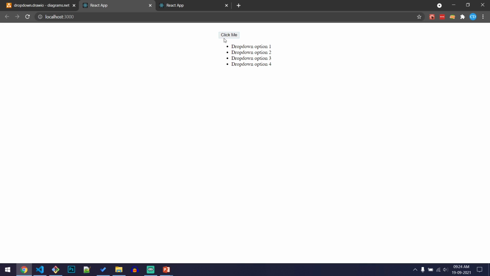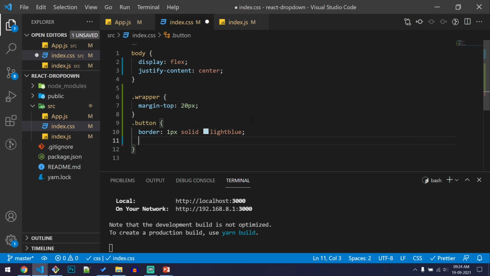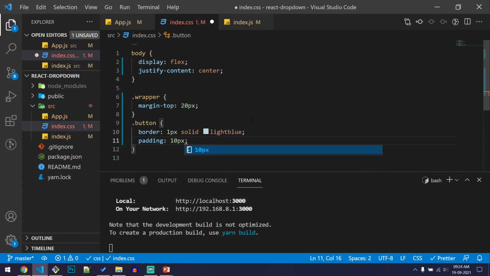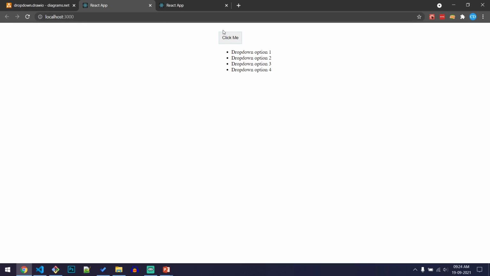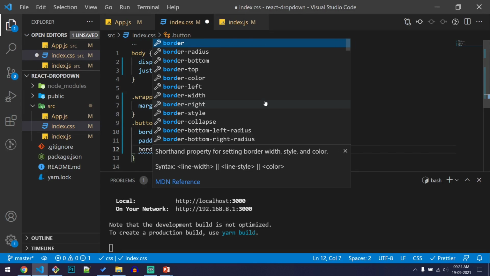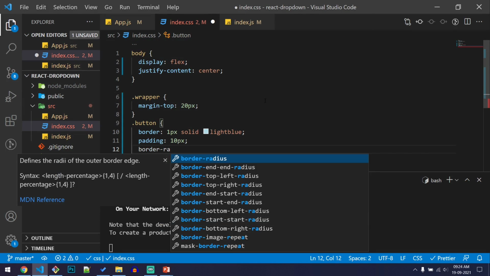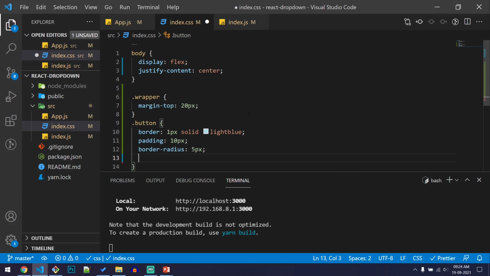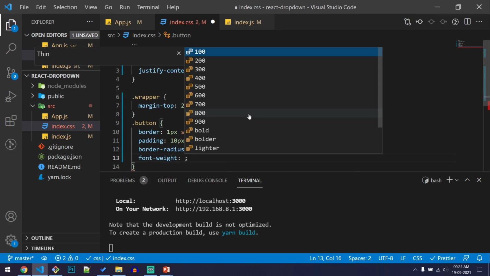The button is a bit small. Let's make it larger by adding a padding of 10px. Now let's make these corners rounded by adding a border radius of, say, 5 pixel. I want to make the font look bold, so let's add a font weight of bold.